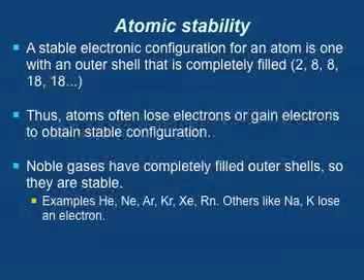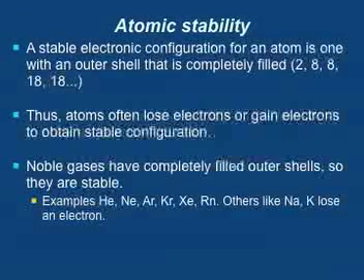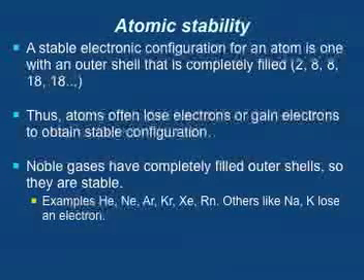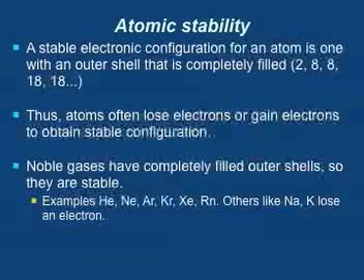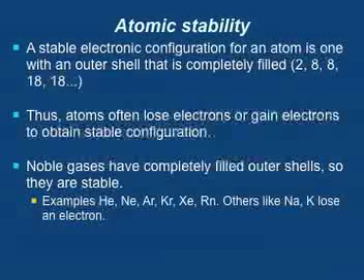Now if you look at your periodic chart of the elements, how many elements are in the first row? Check it out. Top row, hydrogen and helium. That's 2. Now count the ones in the second row. It goes from lithium all the way to neon. That's 8. And then look at the third row. Sodium to argon. That's also 8. And what's kind of interesting is you see that column that starts with helium, then neon, then argon, then krypton, etc. They are what is called the noble gases, or the inert gases, and their electron shells are completely full.